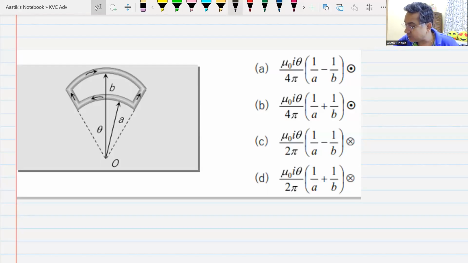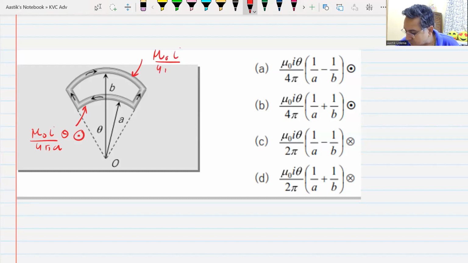Magnetic field due to this wire is how much? Mu naught I by 4 pi A into theta, sir. And the direction? Outside. Magnetic field due to this wire is? Mu naught I by 4 pi B into theta. Direction is? Inside. So as you can see,